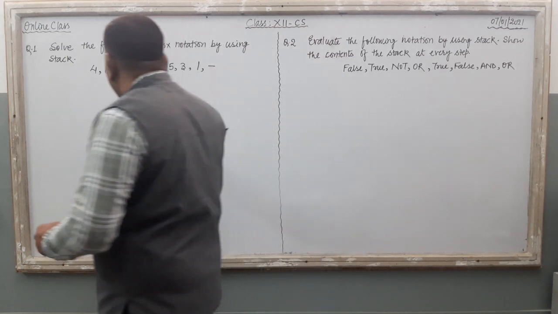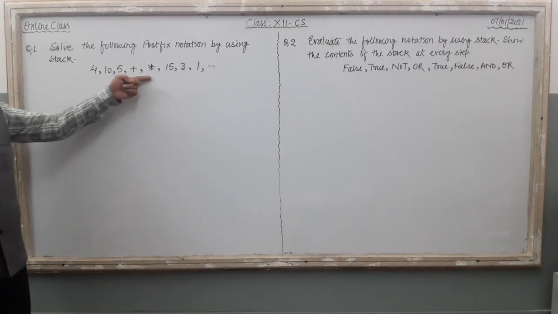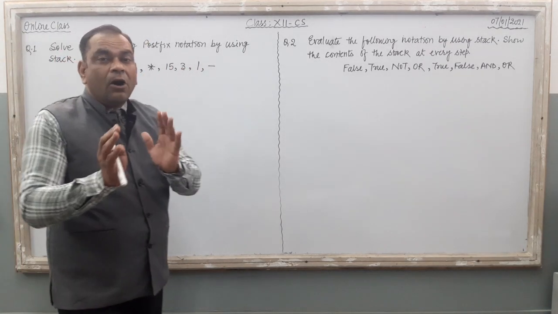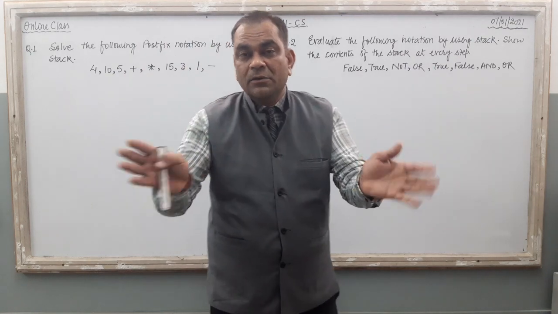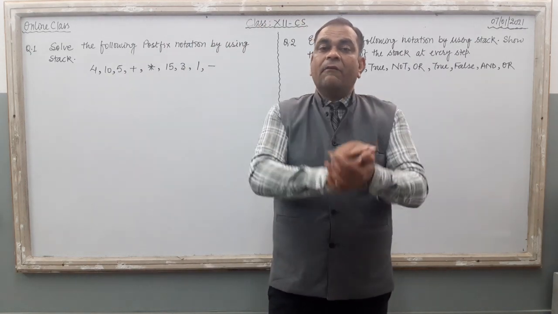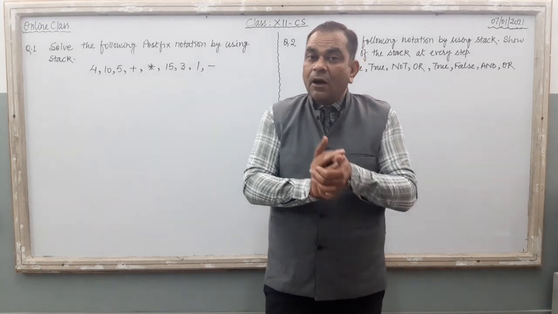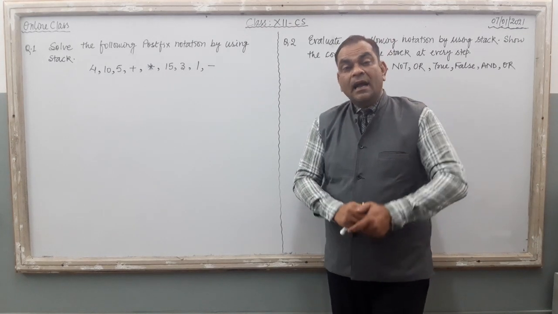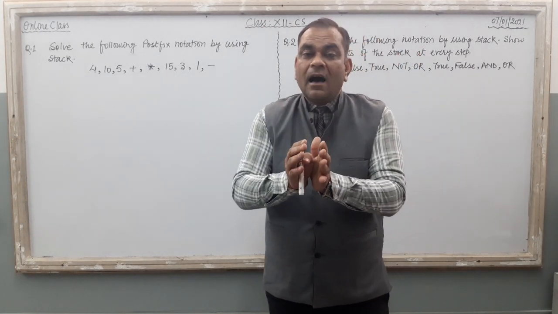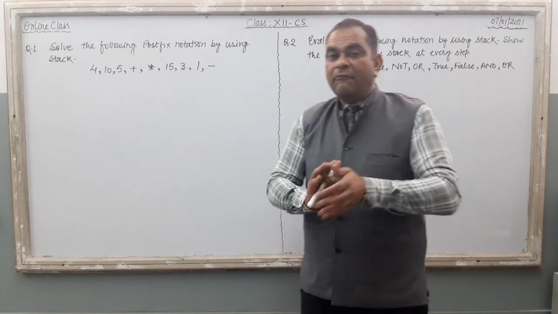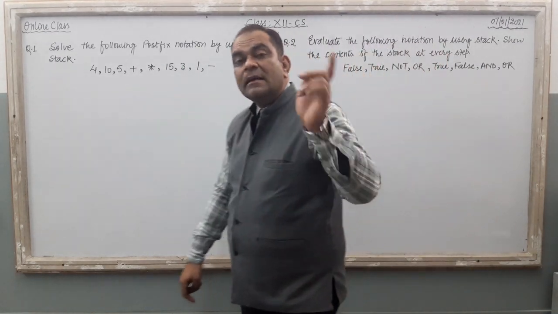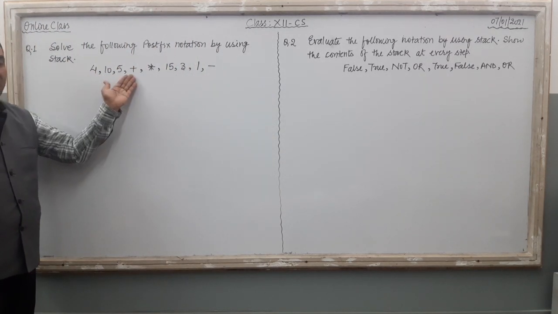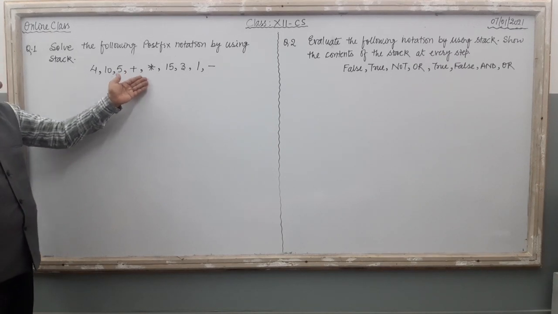Now, if you see the equation properly, you can find this is the equation related to postfix notation. Right, 3 different notations are there. The normal equation, the general equation that we use in mathematics, is under the category of infix notation. If the operators are at the back side of the operands, then it is known as postfix notation, and on the other side, if the operators are before the operands, then this type of equation is prefix notation. Here the operators are at the back of the operands, so this is the postfix notation.